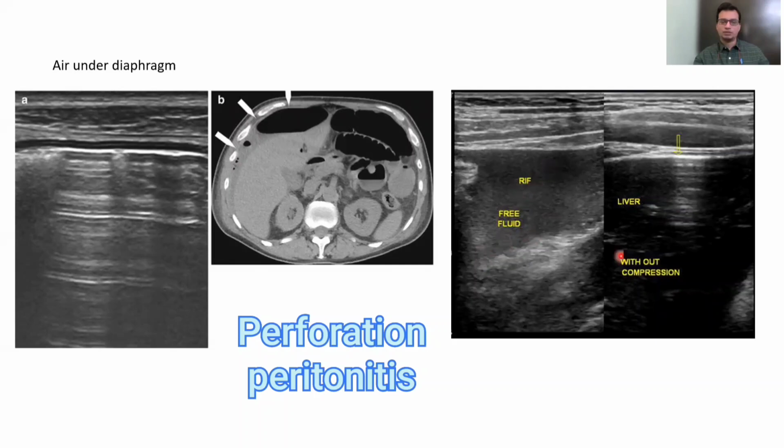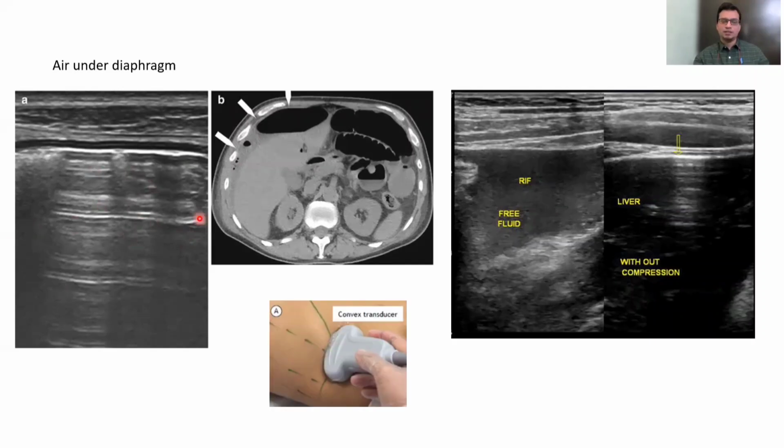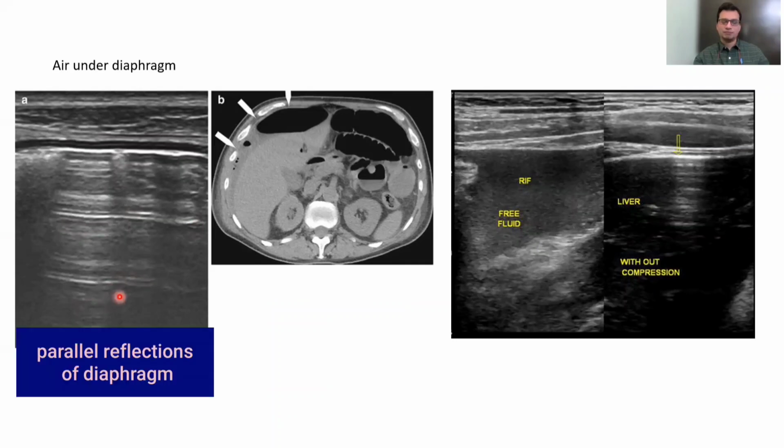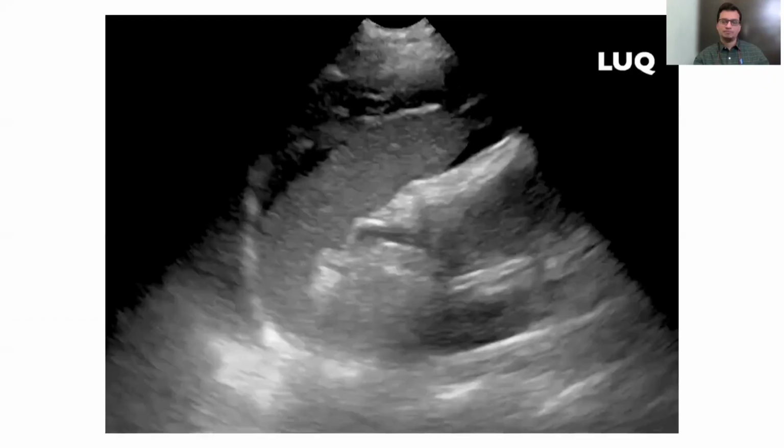So you can see the particulate ascites, and also if you keep your probe over either side of the diaphragm at the flank point, then definitely you will get these kind of lines, A lines kind of thing. Okay, so this is the diaphragm, and below the diaphragm there will be these reflections, and these reflections being present means that there is air under the diaphragm. So you can actually observe the air under diaphragm with the ultrasound probe, but not with very high sensitivity especially.